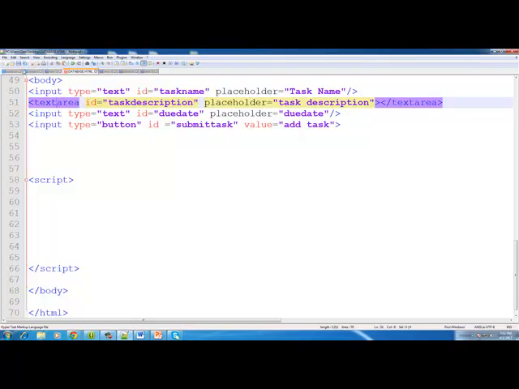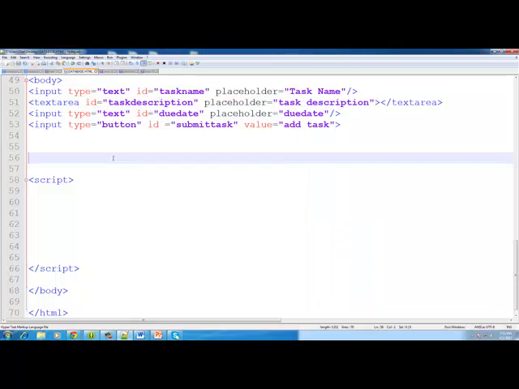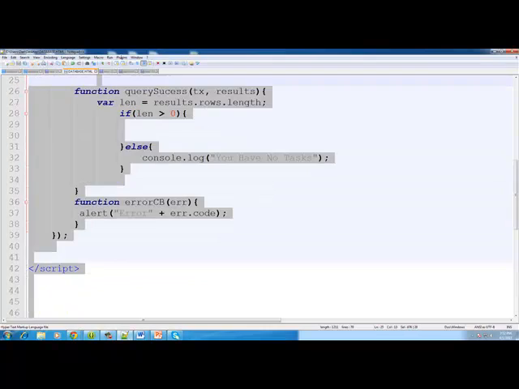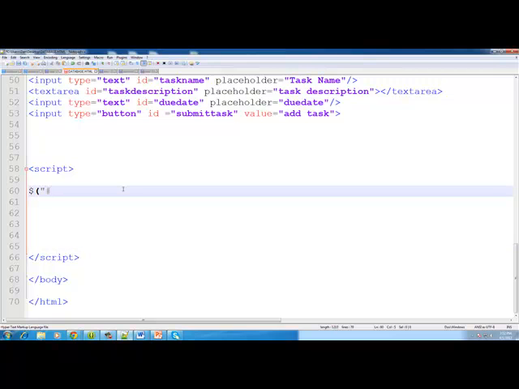Okay, so, and I made an error on my text area. So now we'll have our text area. Okay, so we're going to, just like our local storage, we're going to get the values of each of these inputs. So let's say submit task dot click function,